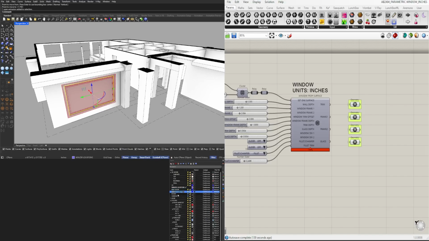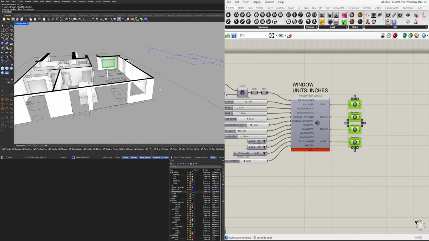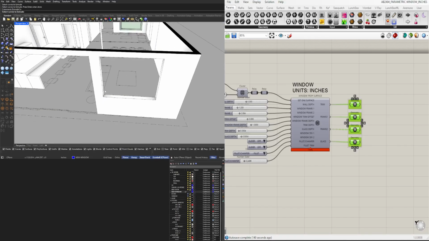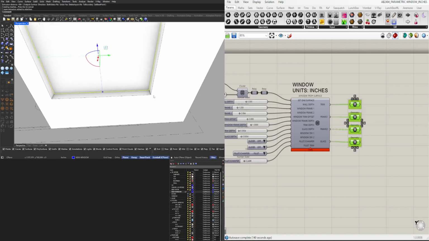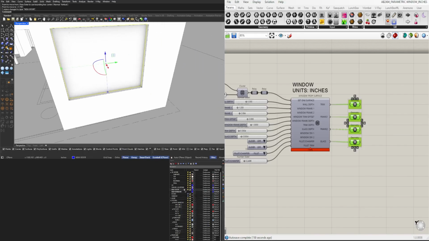and then go to new window. Use that as my current layer. Select it and bake. Now this one back here. Extrude curve. And then move this to the center. Now this is on the new window layer, so I'll change this one to change object layer, and then set